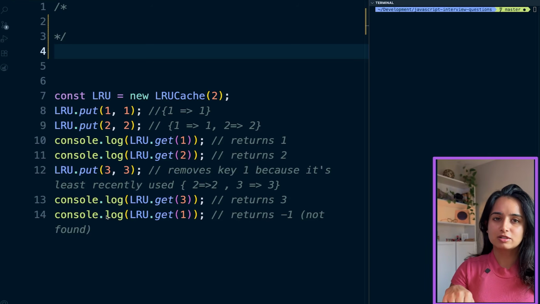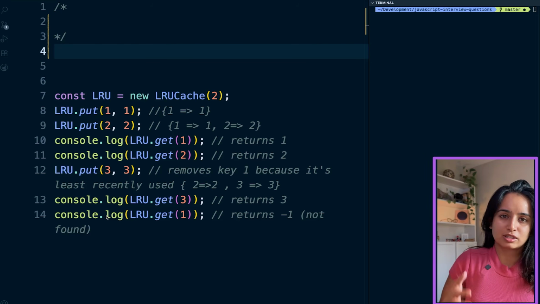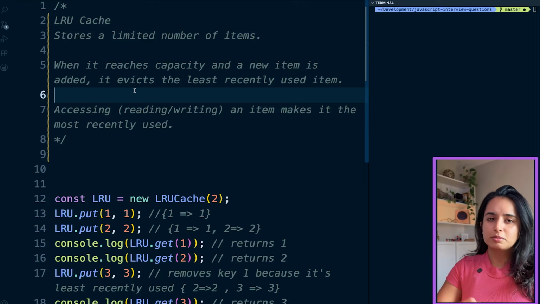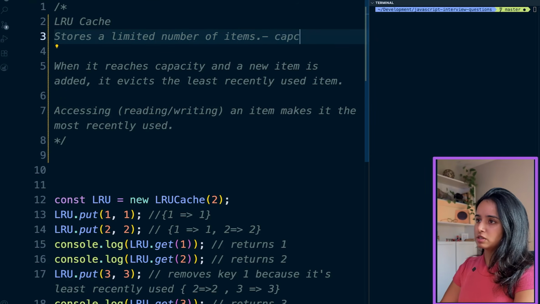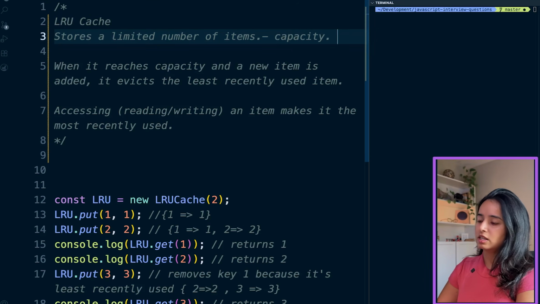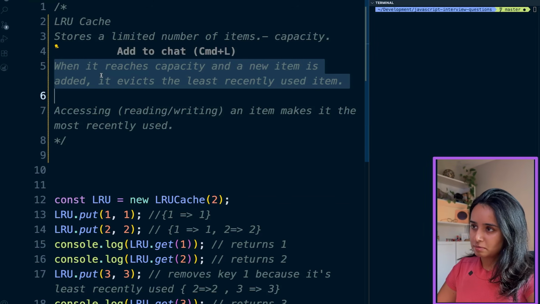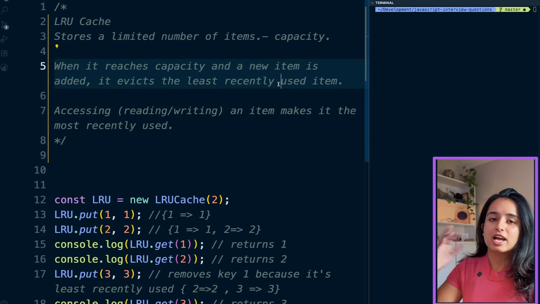Okay, now let's do LRU cache, least recently used cache. This is a common example of how cache works in browser. Let's take a look at how this works. Here's the properties of LRU cache. It stores a limited number of items, which is determined by the capacity. This is what gets passed to the constructor. When it reaches capacity and a new item is added, it evicts the least recently used item, hence the name